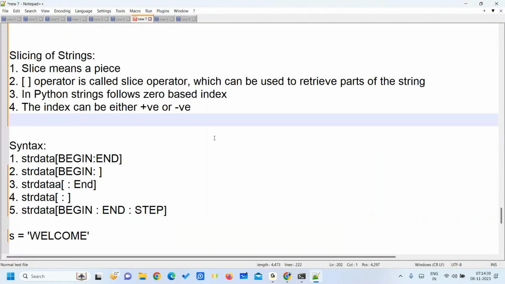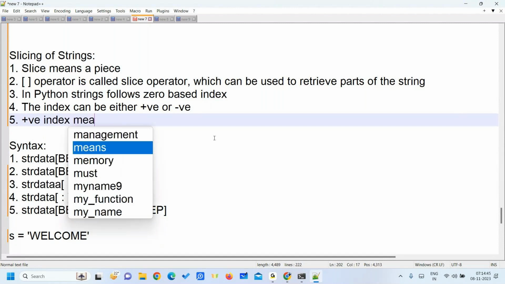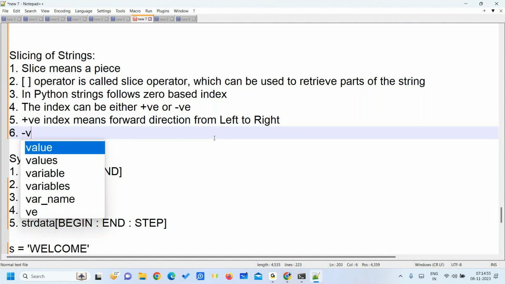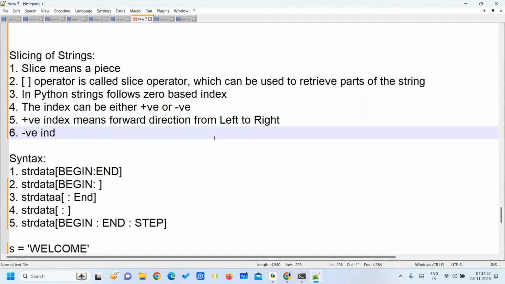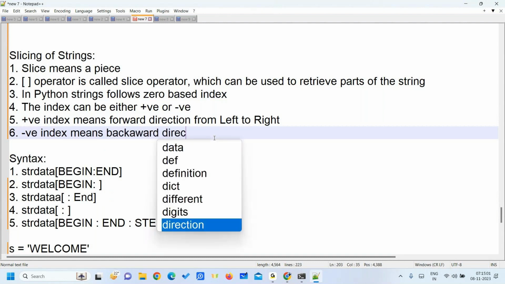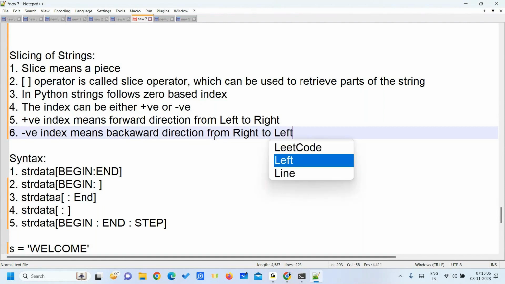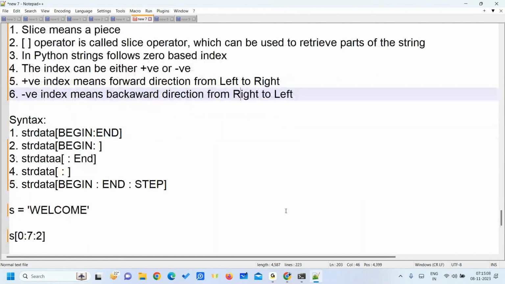Positive index means forward direction, from left to right. Okay, and negative index means backward direction, from right to left. So that's why when we give like this,